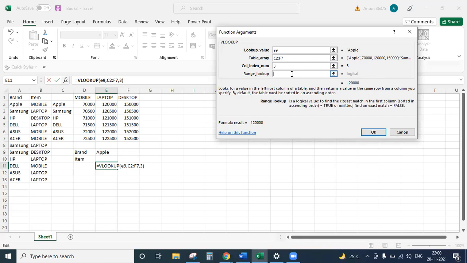But if you want an exact match, say false. You can select 0 or leave it blank, or you can type false, and say okay.